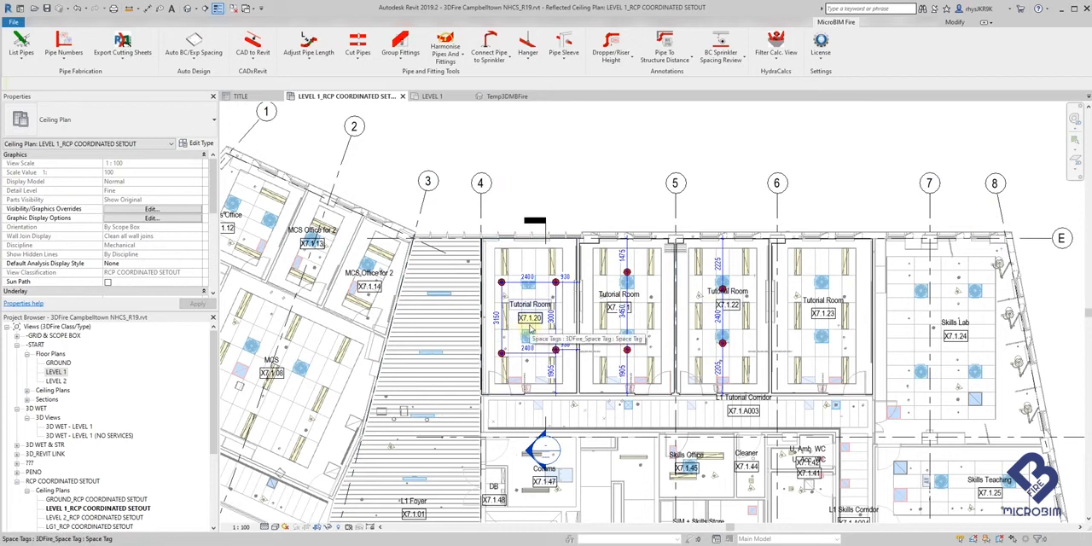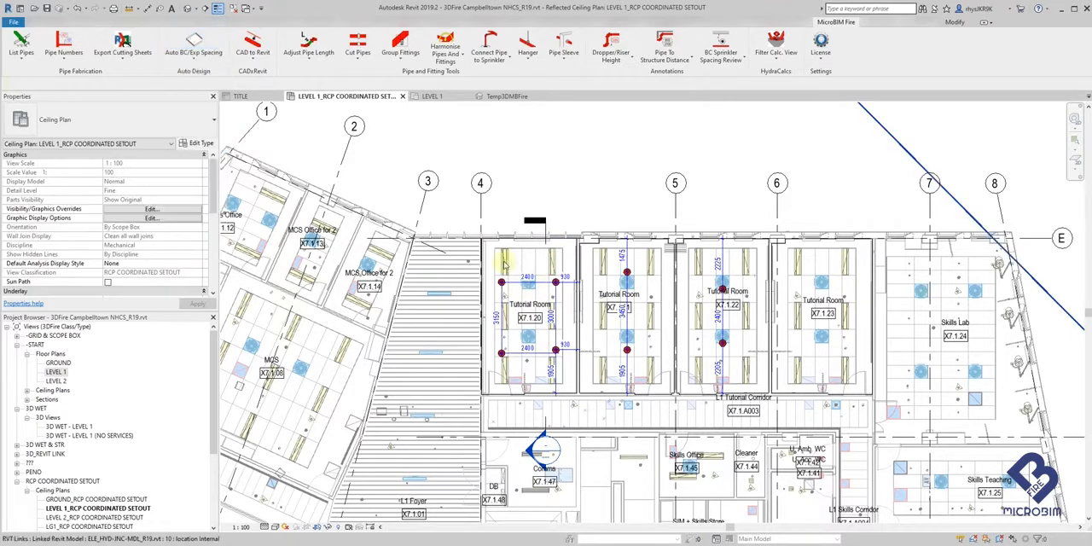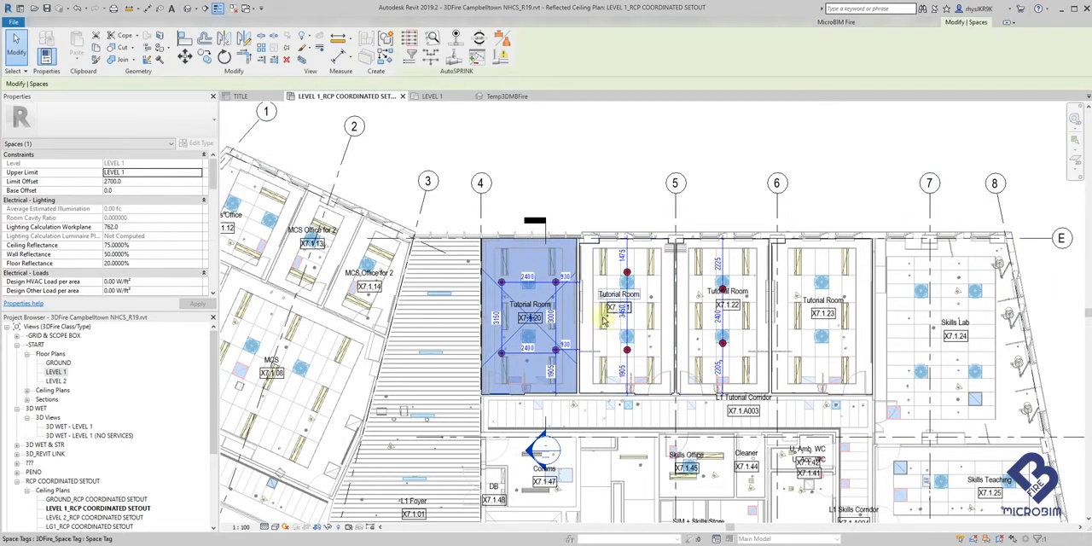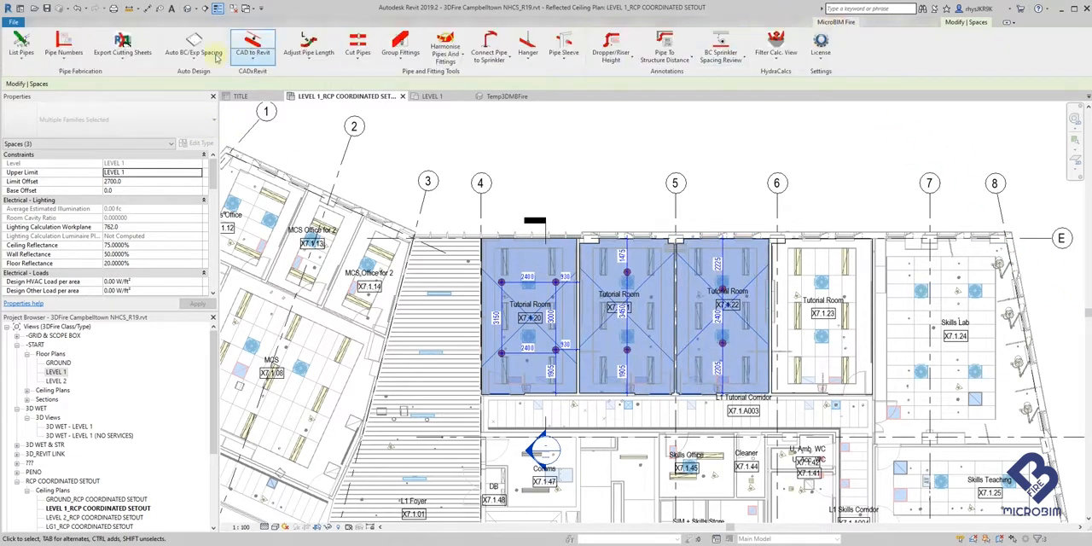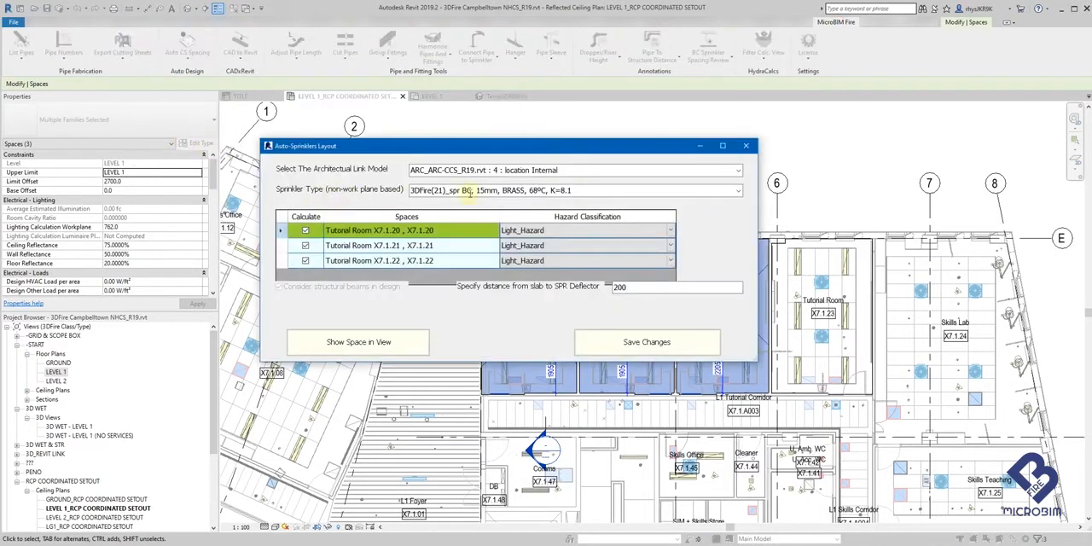Similar to the below ceiling sprinkler tool, to nominate areas for CS spacing, we repeat the process. We select the spaces that we need to complete the layout in. We select the Auto CS Spacing tool and we get this prompt. We check the link, we nominate the sprinkler type,